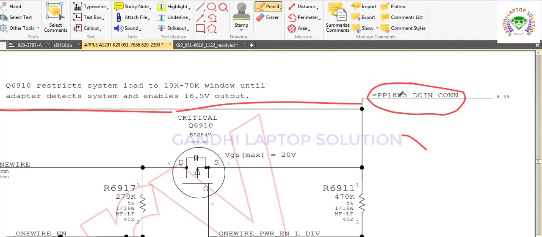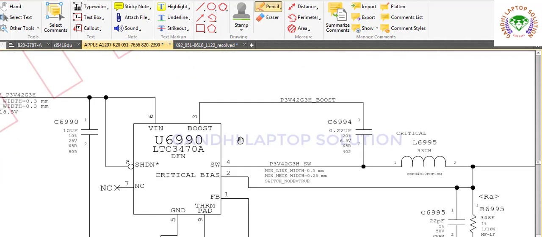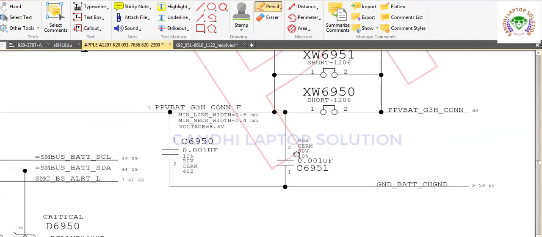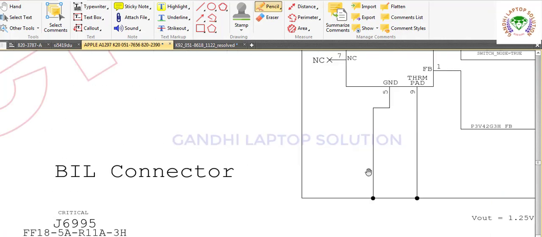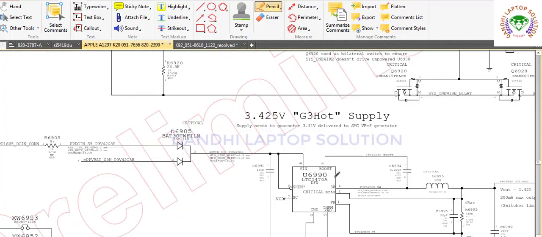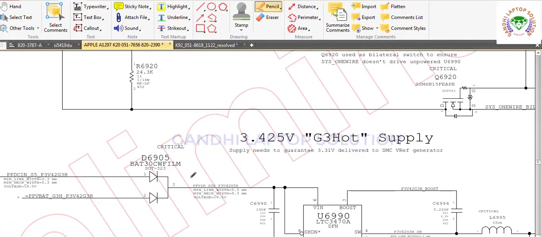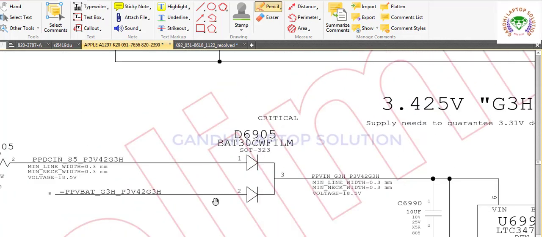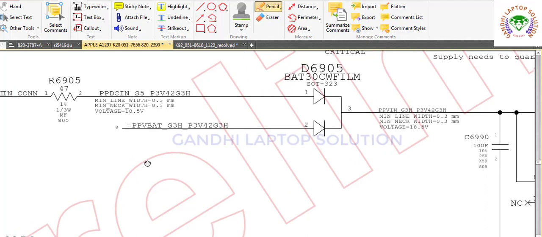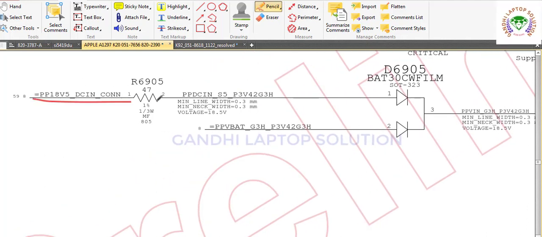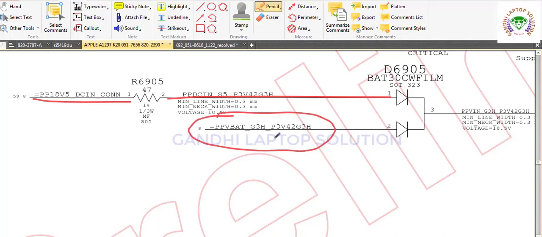This PP18V5_DCIN supply came here. You can see the adapter supply came here, and this one is the battery VIN. Same as I already told you.